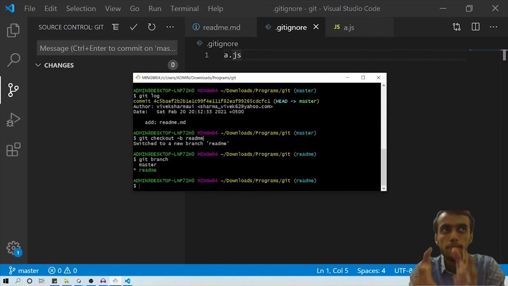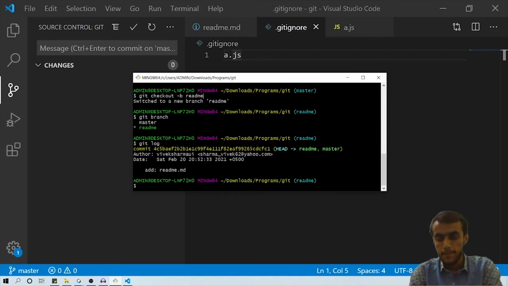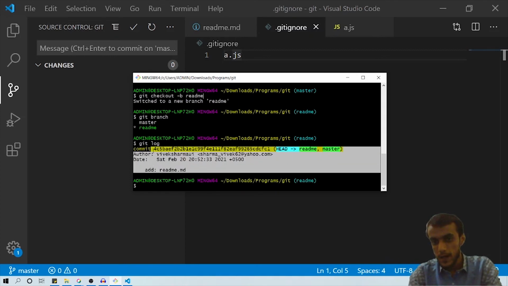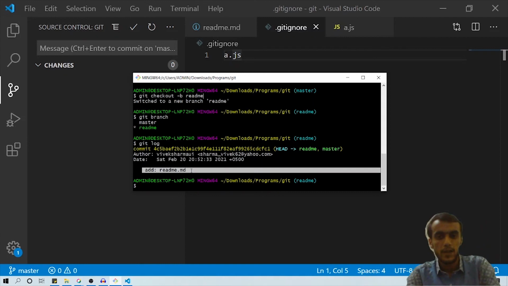If you want to check this, just write git log. Because we created this branch from master, and we committed locally on master, and then we created a new branch which is readme, if you push this branch to the git remote, our "add readme.md" commit will be added to that branch.